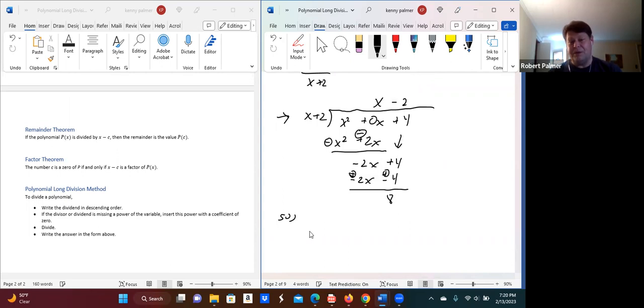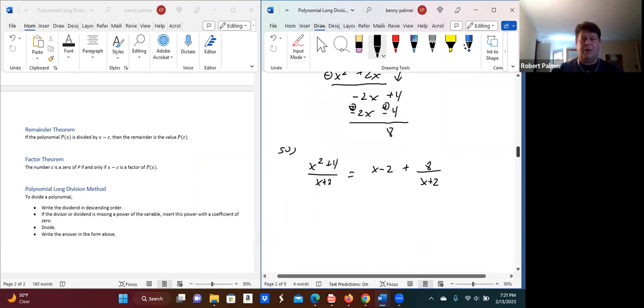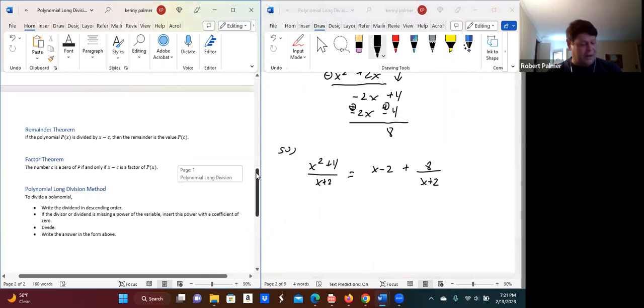So our result is that x squared plus 4 divided by x plus 2 is equal to the quotient x minus 2 plus the remainder 8 over the divisor, which is x plus 2. Okay. Now, a few more things. Let's go back here. I can also say